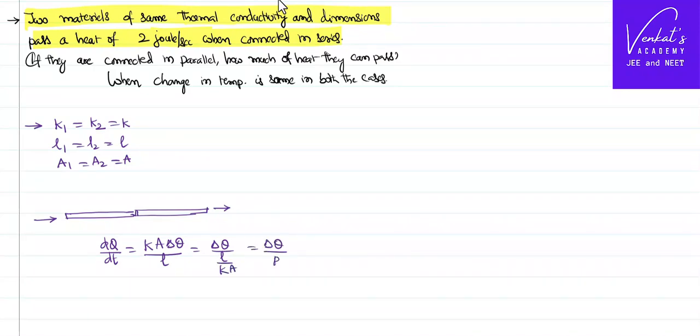L by Ka is also called as thermal resistance. So, this is having a resistance R. This is also having a resistance R because their lengths are same, their Ks are same, their areas are same. And these two are connected in series. As I have proved you in the earlier case, or I can prove that quickly. What happens in series is,